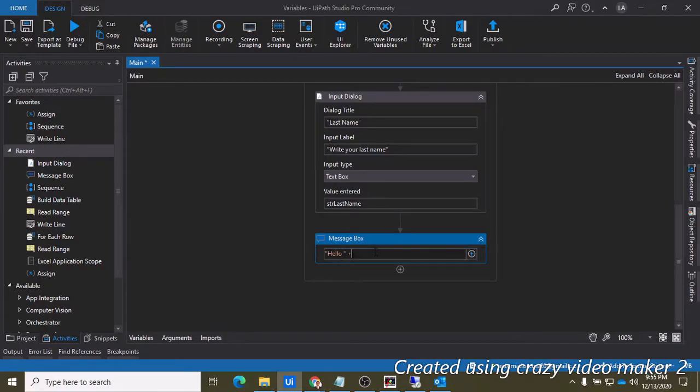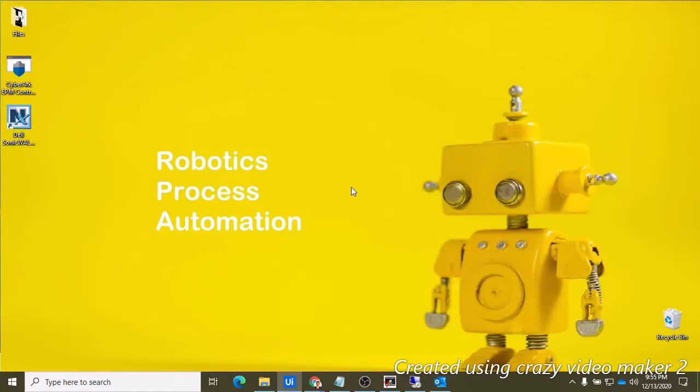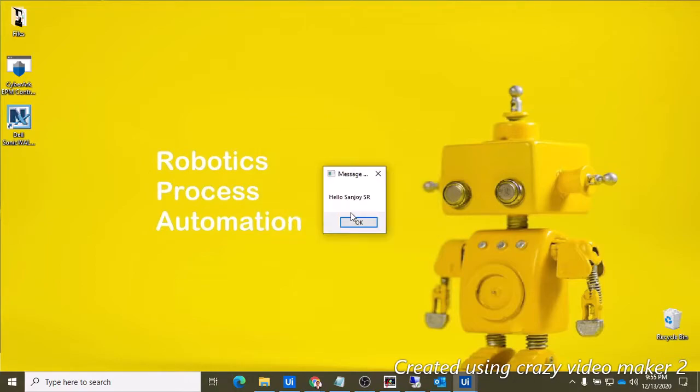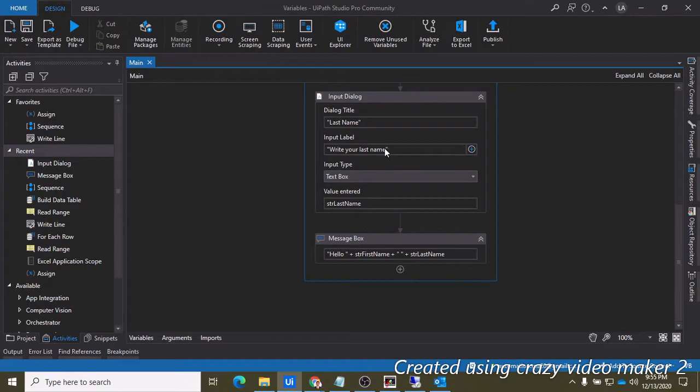Hello plus str first name plus str last name. Now let's see how it is working. Sanjay, my first name. Last name SR. Hello Sanjay SR. So it's successfully accepting and passing the variables to a message box,